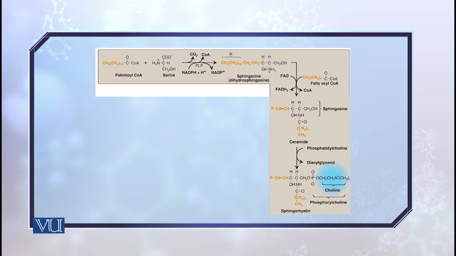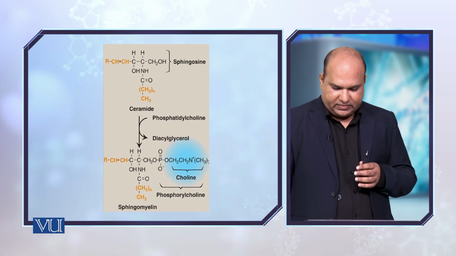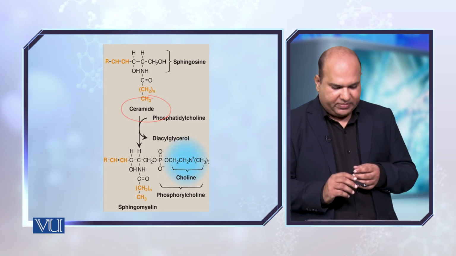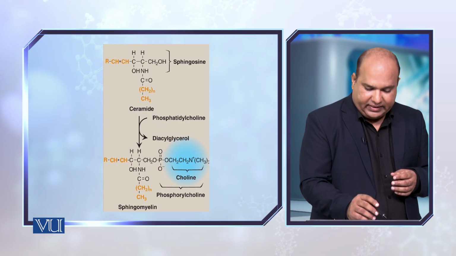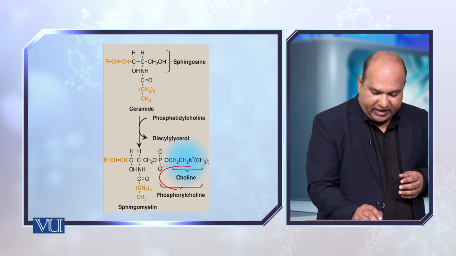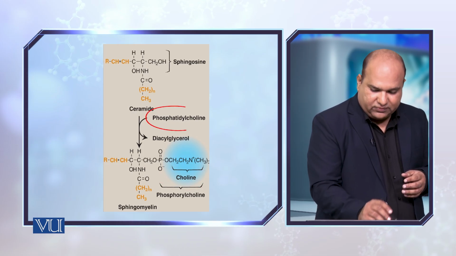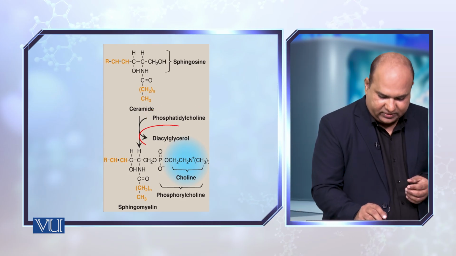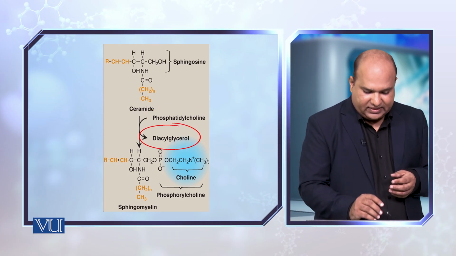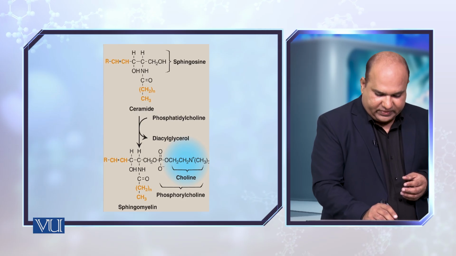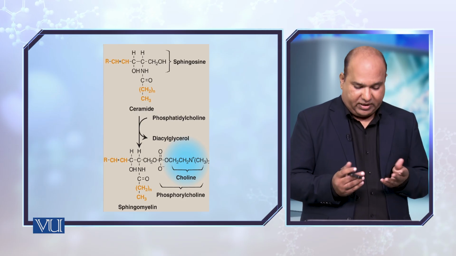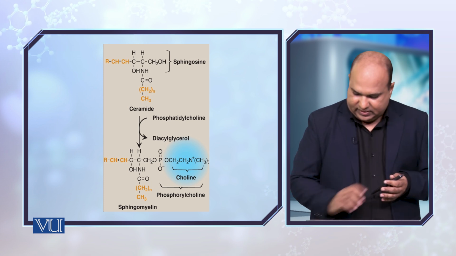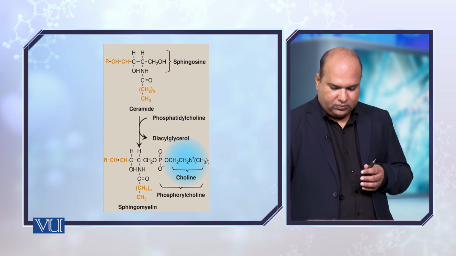And then this ceramide gets a choline moiety from the phosphatidylcholine. As a result of this, diacylglycerol is released and you get the sphingomyelin compound. As a result, you can see this sphingomyelin is composed of